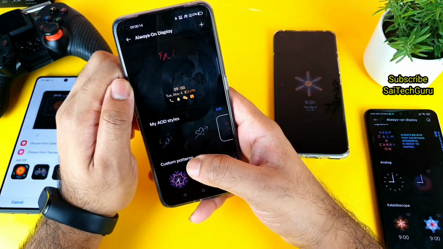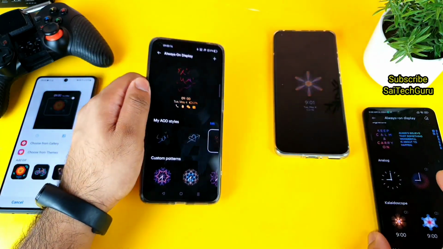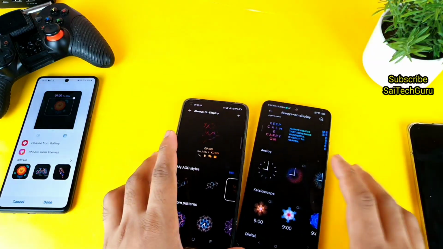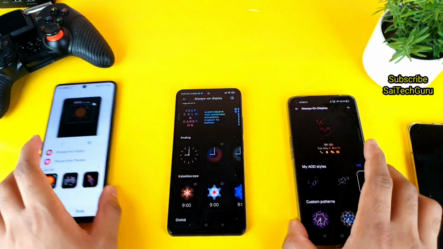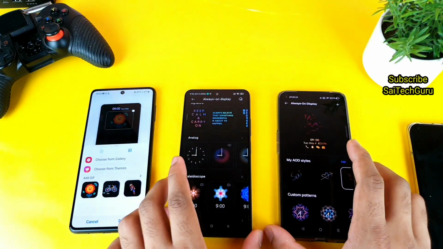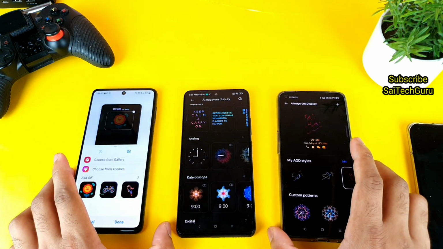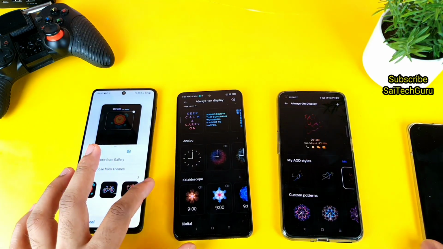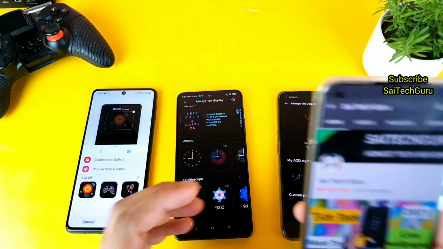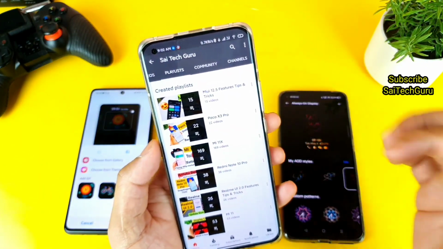So this is the quick comparison friends out of all these 3 different UIs: Samsung UI versus MIUI 12.5 versus the Realme UI 2.0. In case you have any other doubts regarding all these three smartphones, make sure to check the links in the description for more details of these Realme UIs and MI UIs particularly.